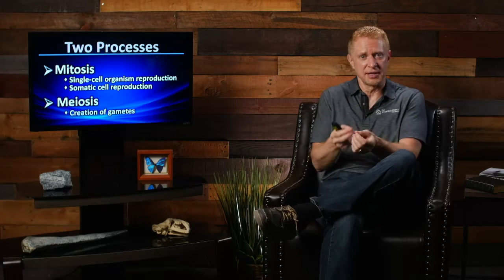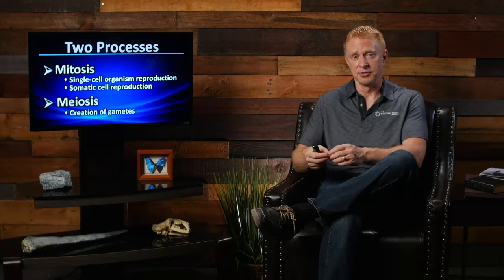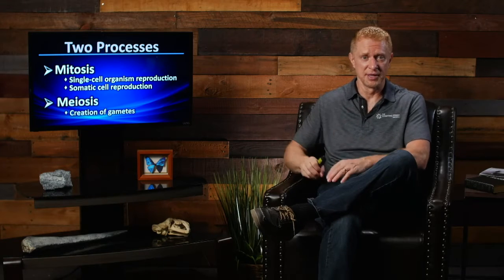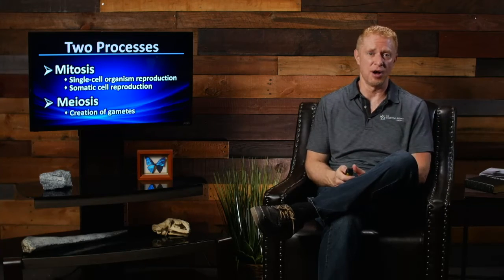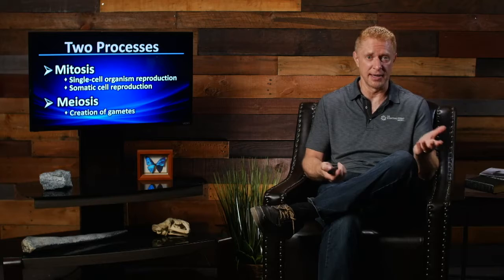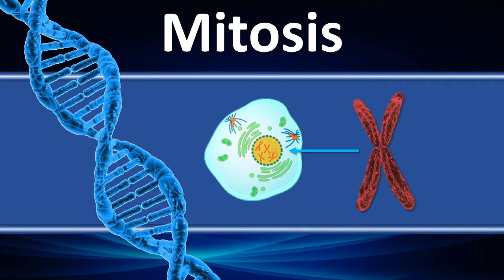But then meiosis takes special cells that are saved called germ cells, and it undergoes this special process of meiosis to make these gametes, which are the things that are going to be in the males and the females that have to come together to continue offspring, a male and female, a mom and a dad, to make a baby. So let's start out talking about the first process, mitosis. That copies single-celled organisms, and it also copies the other somatic cells in our body.